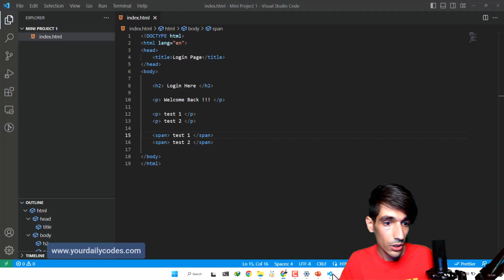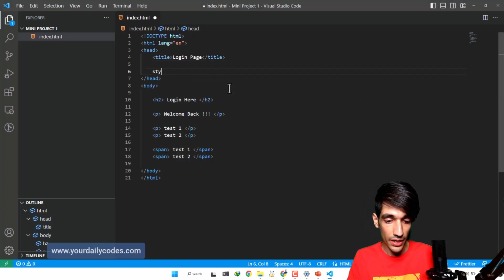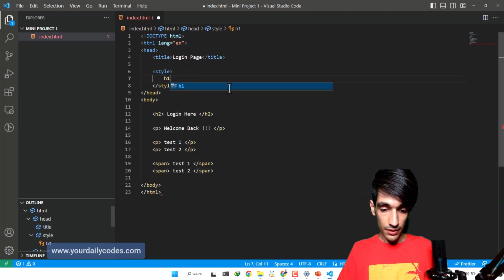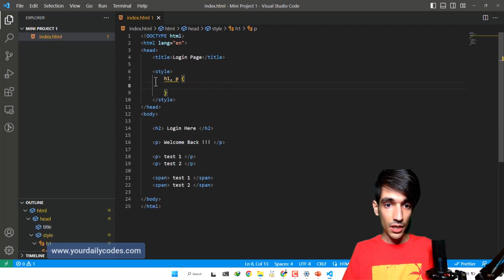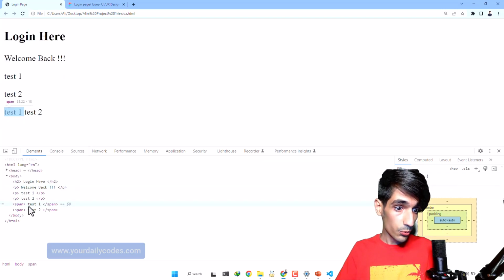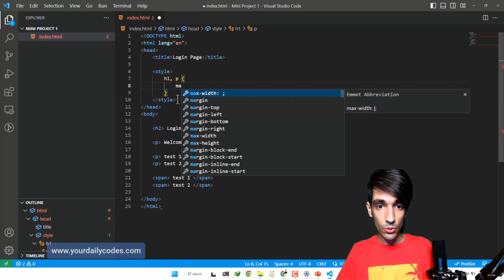So these are called margins. So I can go in my code and go to a style tag here, and select h1. I can select multiple tags by putting a comma between my selectors. h1 and p. Let's get back to our code. I forgot to tell you something. Here, when I inspect element on this span, you can see it has no margin by default. Okay, let's get back to our code.